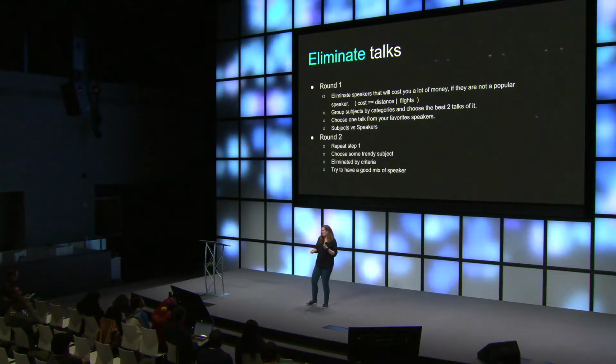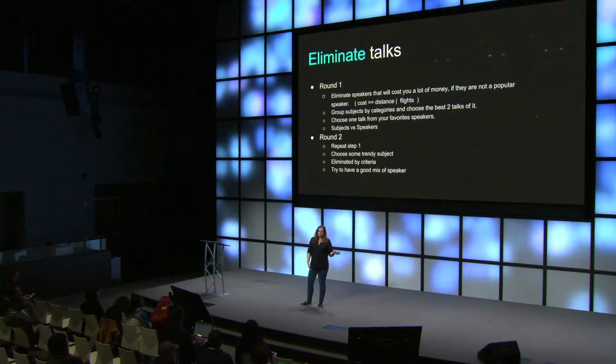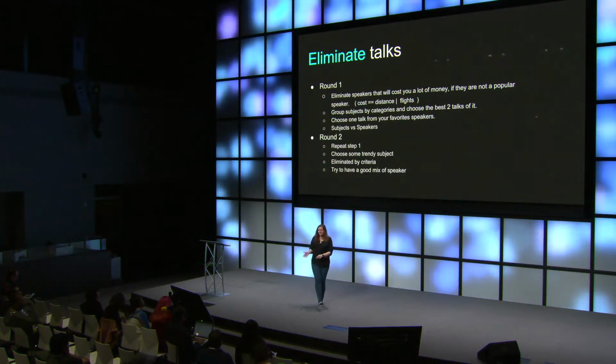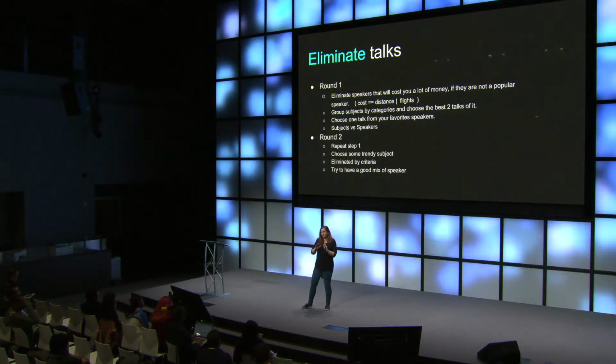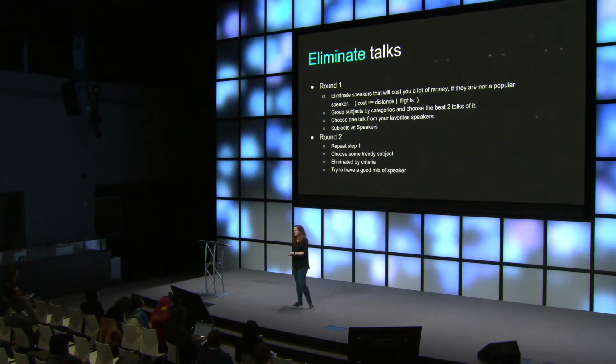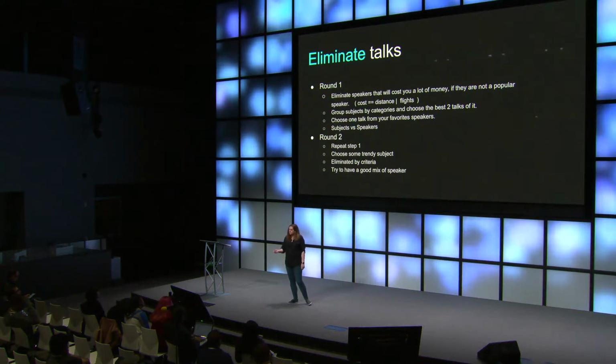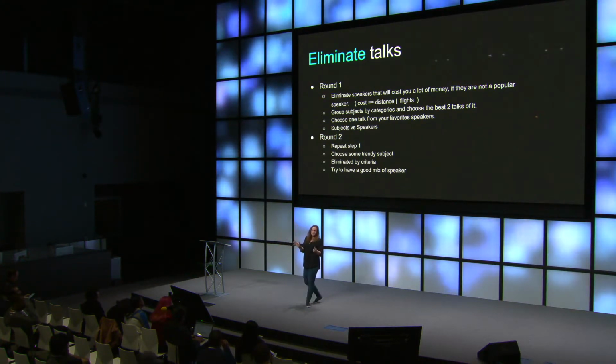I will check between subjects, because there are a lot of people that submit the same kind of subject. So you try to group them together and choose which one is your favorite between these subjects and eliminate all others. Or keep one in maybe, because there are always speakers that will cancel or say, I cannot do your event anymore. So you need to keep at least 2 that you like on every subject. And if you like a speaker really much, sometimes they propose more than 1 talk, so choose which talk you like, and the other one, forget about it, you don't have time for that. And you repeat this